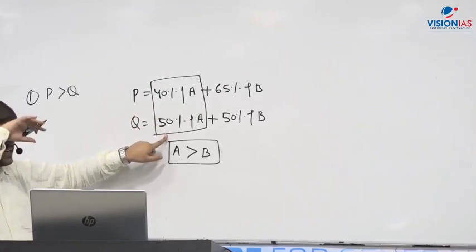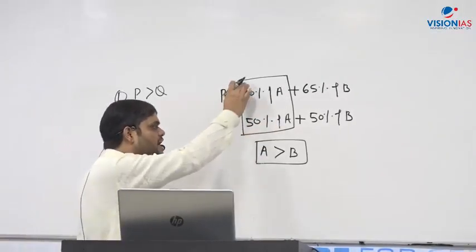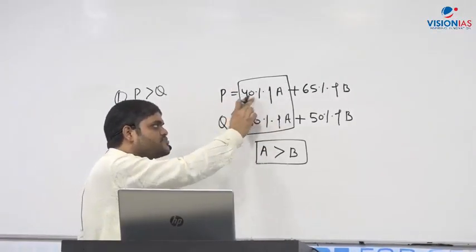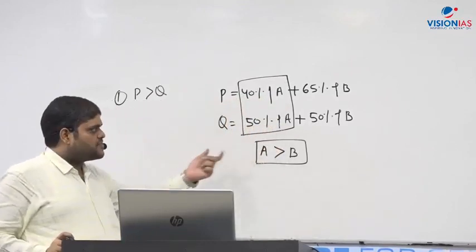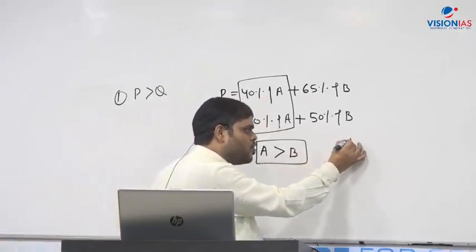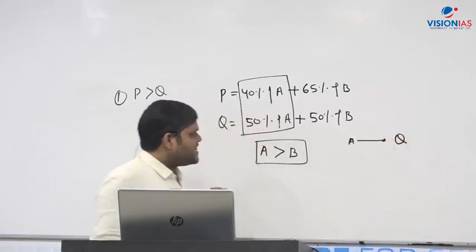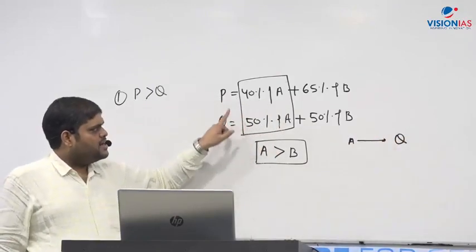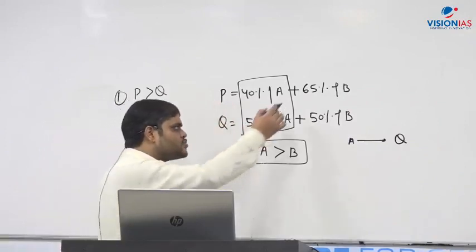I can infer here that Q will be more. If I take any value, if I take these two things, one is 40% of A, one is 50% of A. So definitely if I see only A, the clear winner is Q. I can say Q will be more than P or not. But when I check these two,